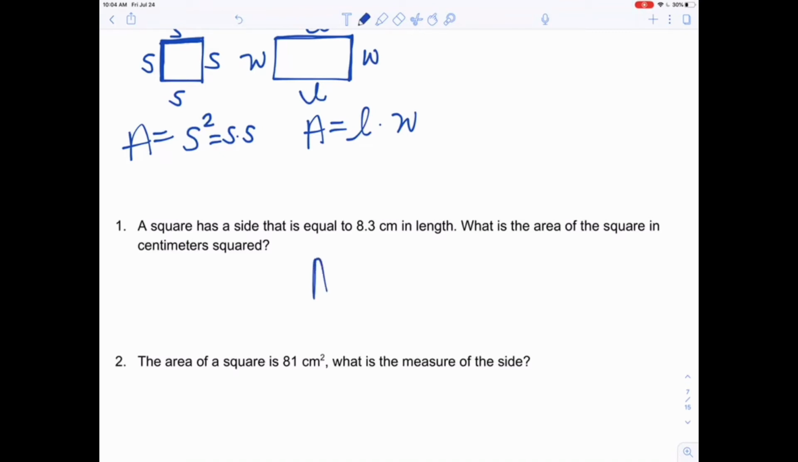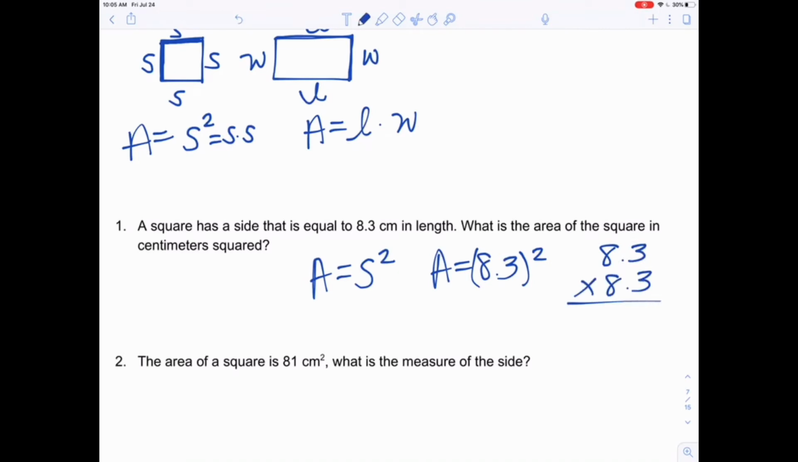So area is just side squared. So we're going to do area equals 8.3 squared. So we're going to do 8.3 times 8.3. 3 times 3 is 9. 3 times 8 is 24. Placeholder 0. 8 times 3 is 24. Carry the 2. 8 times 8 is 64, plus 2 is 66. So that's 9, 8, 8, 6. There are 2 numbers behind the decimal point in my question, so there will be 2 numbers behind the decimal point in my answer. So the area is